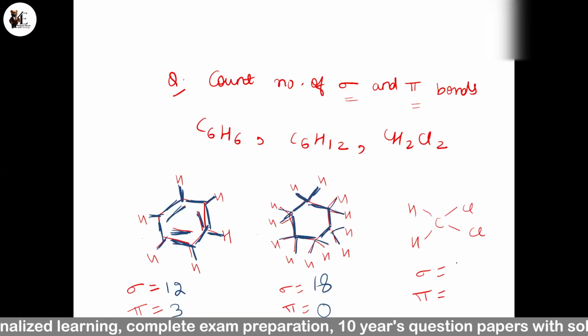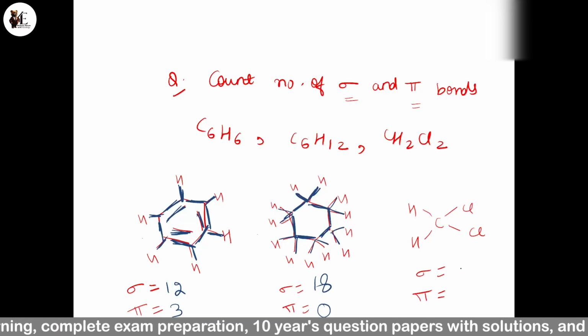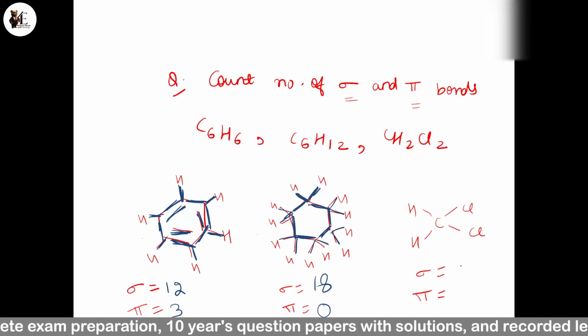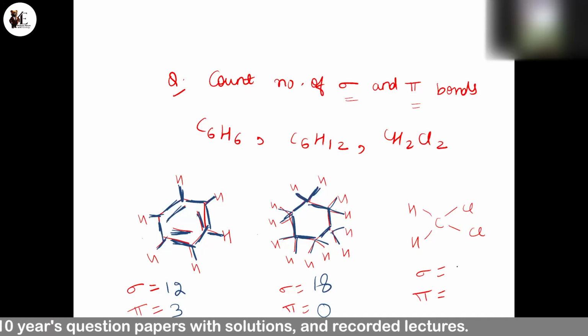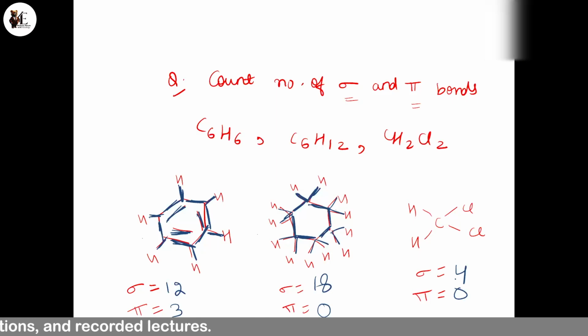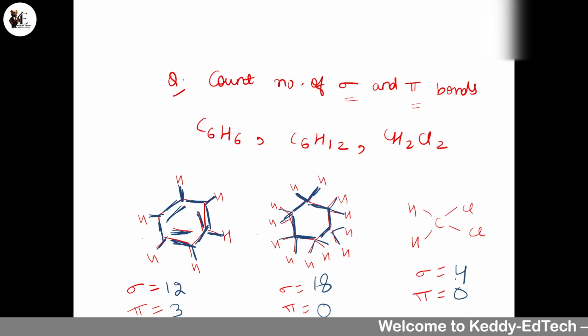And in dichloromethane, how many sigma bonds are there? And how many pi bonds are there? 0. Yes, very good. So basically, we have completed this chapter, organic chemistry. From the next session, we'll do the hydrocarbons chapter. We'll revise this, okay, because this is the foundation of your organic chemistry. So we'll keep revising. From the next class, we'll